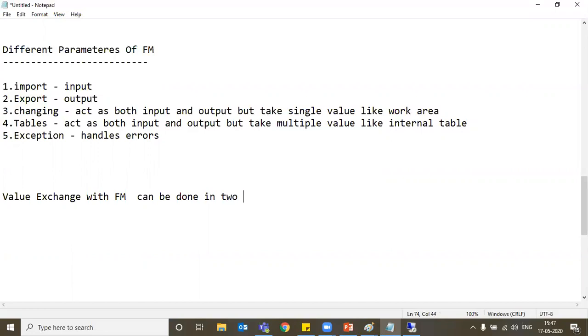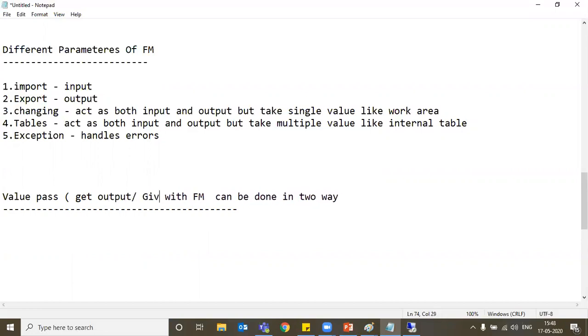I think in a normal C program also you have these two kinds of things, or simply value passing. Either you get the value or pass the value. Either get result output or give input. So both ways. So a function can do two ways.